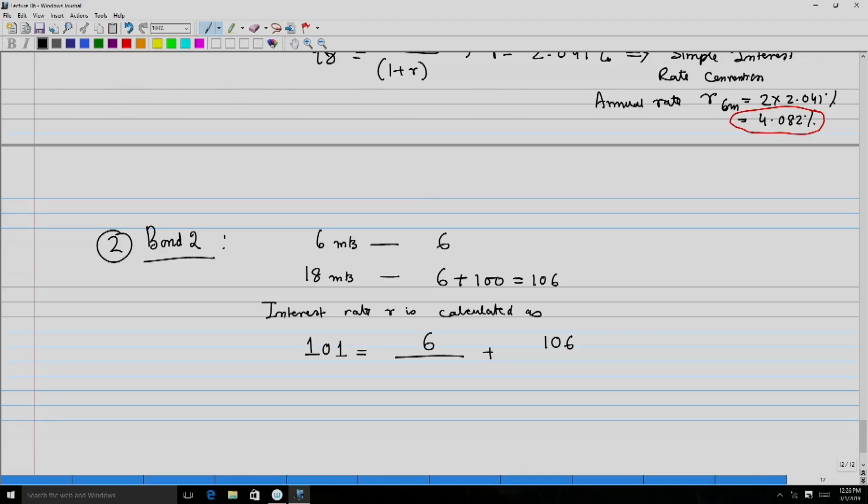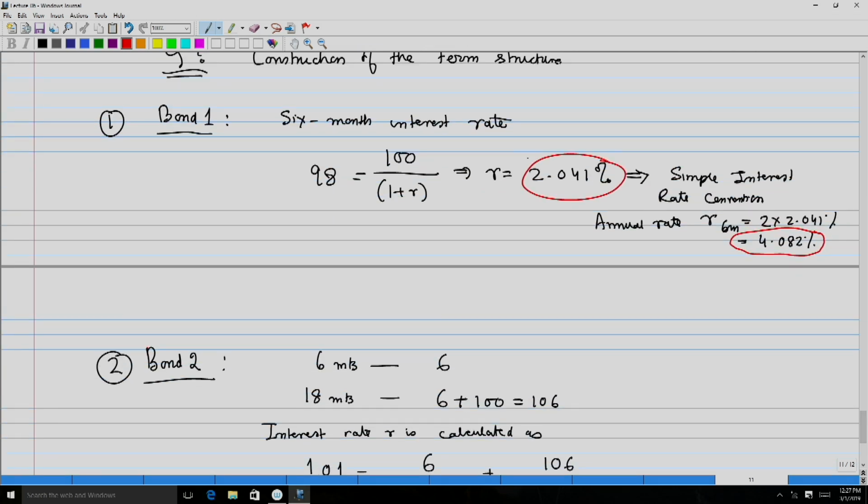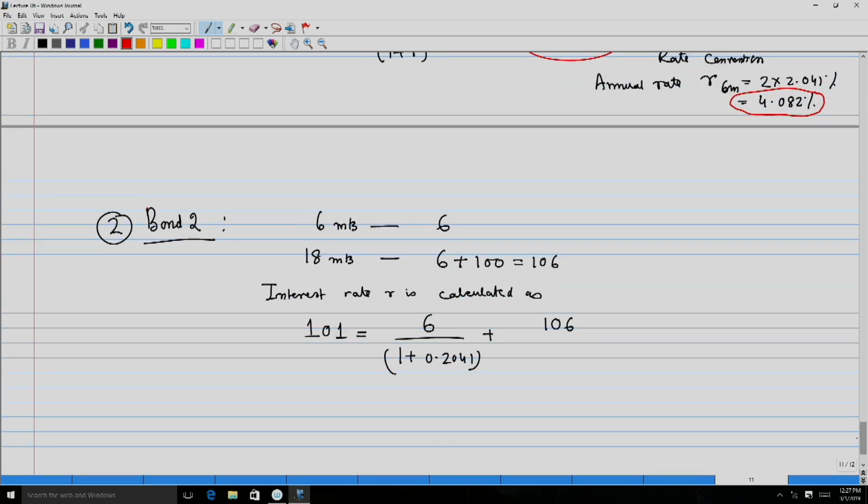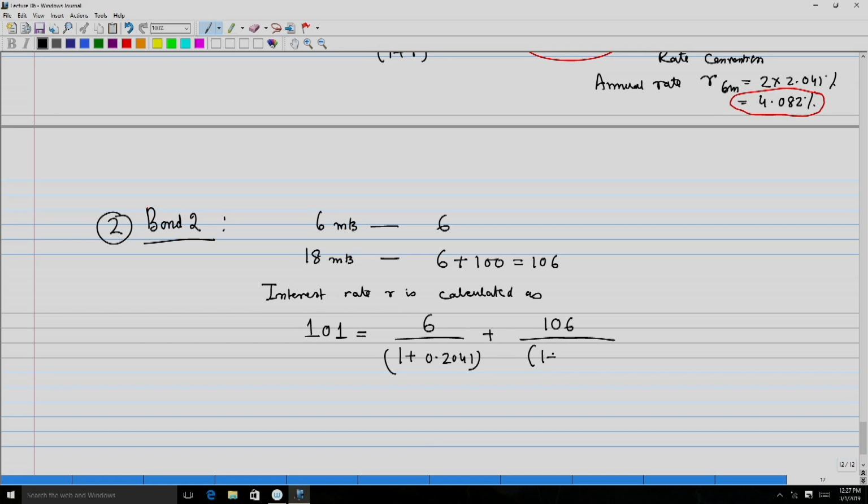So, this is going to be 6 divided by 1 plus 0.02041, because this is already decided as the 6-month interest rate. And now, we have to ascertain the 18-month interest rate, because 106 is the amount that you will receive 18 months after you have purchased the bond. So, this will become 1 plus R. Solving this, you get R is equal to